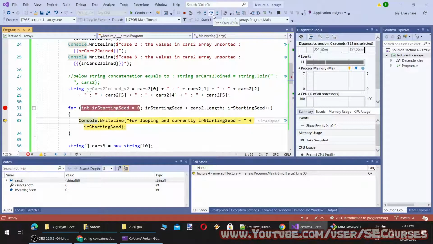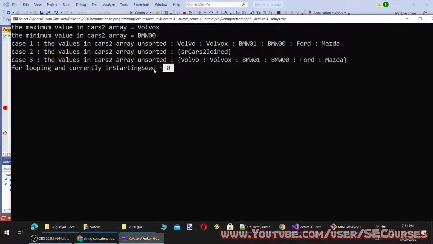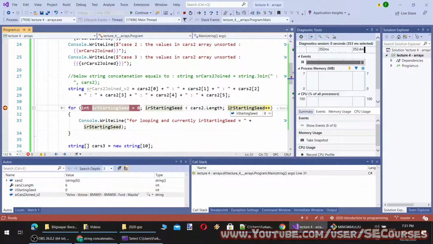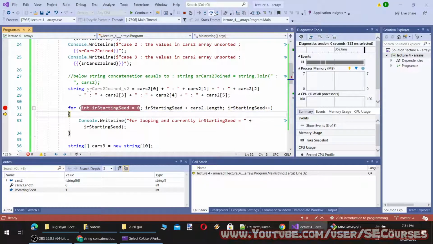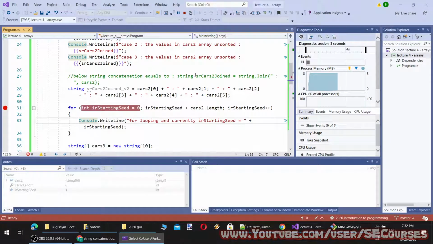And when I click step over, you see the first loop is printed as for looping, and currently the starting seed is equal to 0. And then it will go here, so the seed number will be increased by 1. So continue. It is checking here whether the starting seed is smaller than this or not. If it is smaller, it continues. Print. But I have some problem.